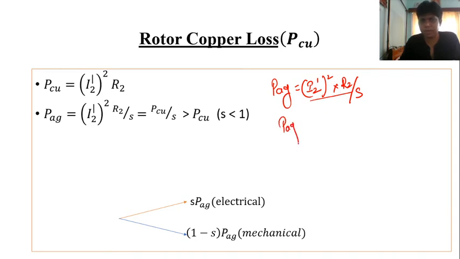That means the air gap power is also equal to the ratio of the rotor copper loss to the slip, and this air gap power is greater than